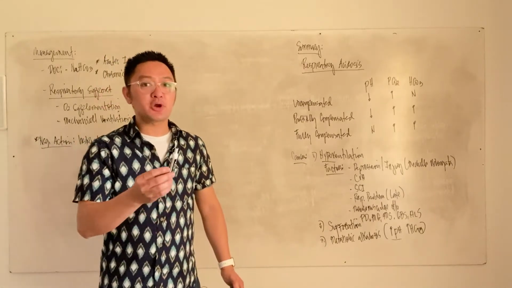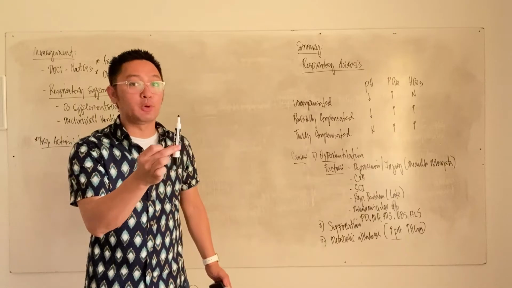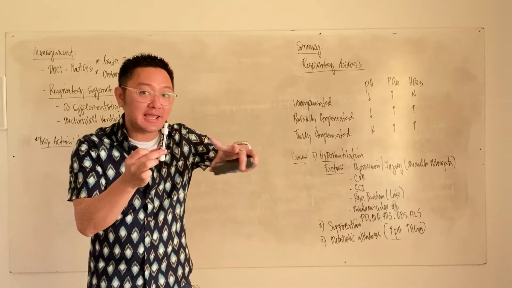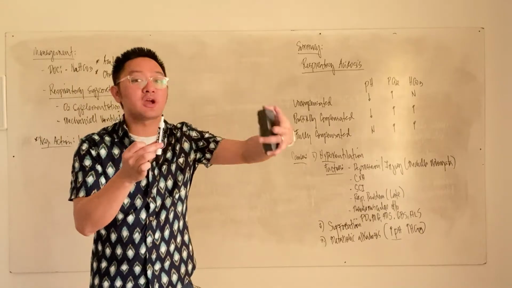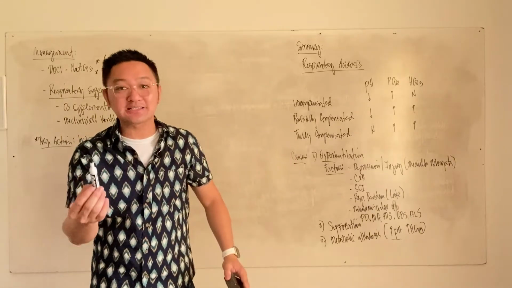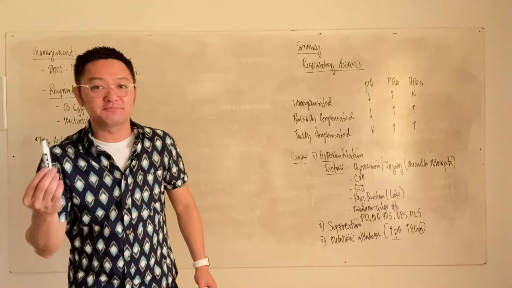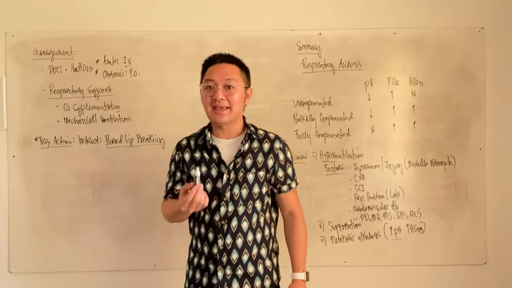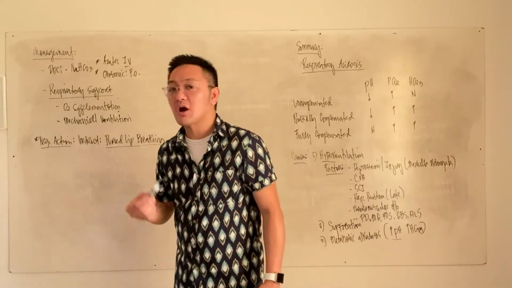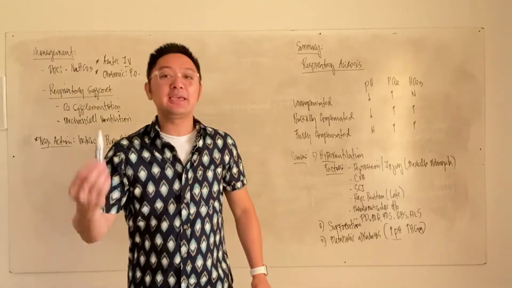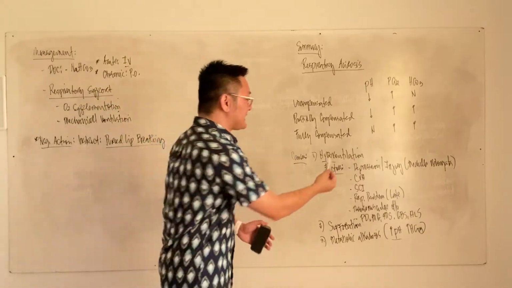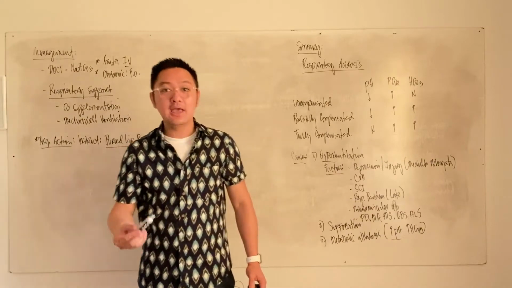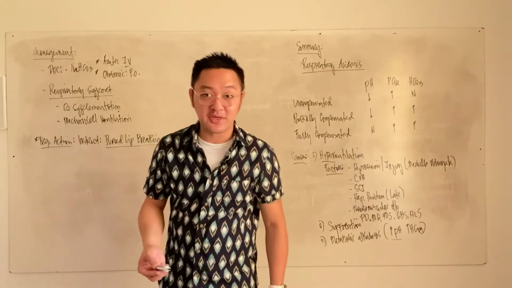If you can still remember, your pursed lip method of breathing is just like blowing a candle. When you blow a candle, you have a longer exhalation, okay, in order to promote carbon dioxide loss. That is why if you are asked in your exam, what is the purpose of pursed lip method of breathing? Your answer there is to promote carbon dioxide elimination, okay? To promote carbon dioxide elimination because in respiratory acidosis, there is hypercapnia. So you want to get rid of carbon dioxide by doing pursed lip method of breathing, okay?